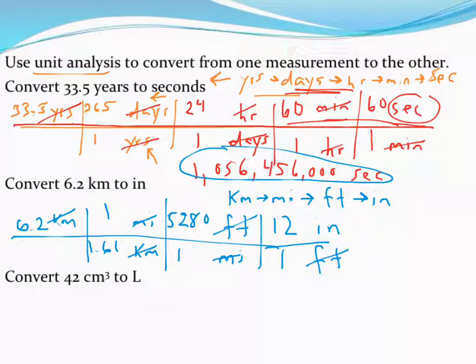Any number along the top, multiply. So have out your calculators, and you can do this right now. 6.2, multiply that by 5,280, multiply that by 12. Without even pressing enter, just keep it going in your calculator, hit divided by 1.61. Anything along the bottom gets divided. You don't need parentheses. Once you finish that, the answer I came up with, I ended up with